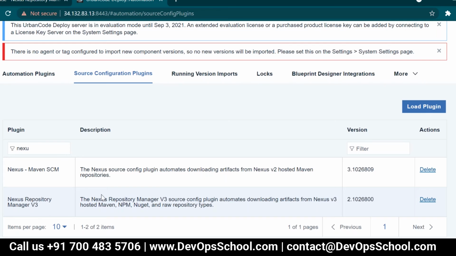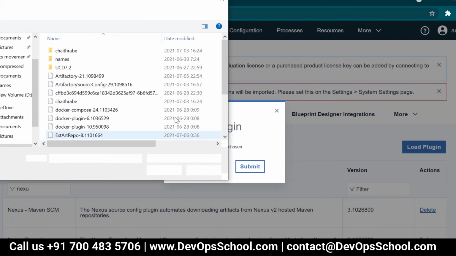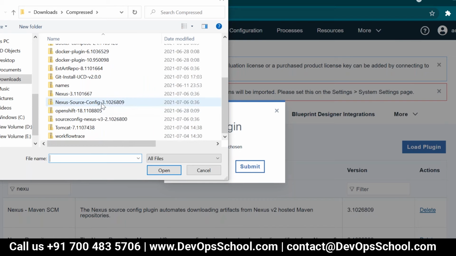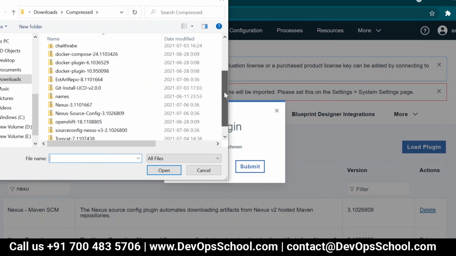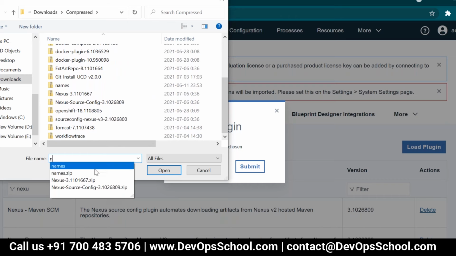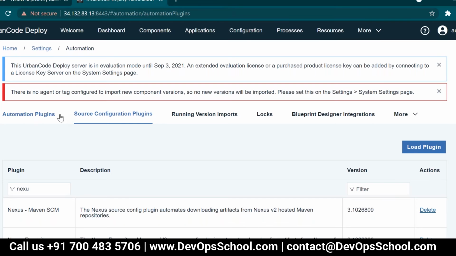You had to use this one, I think so. Yeah. Access is done. This is the automation plugin. Offline access is there. Automation plugin. Upload the automation plugin also for your steps.